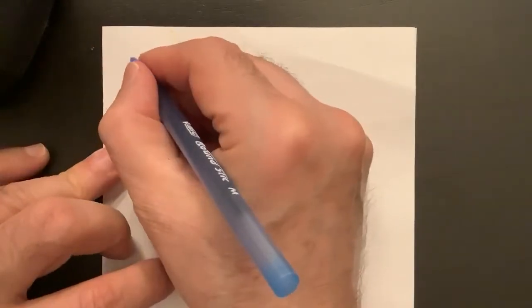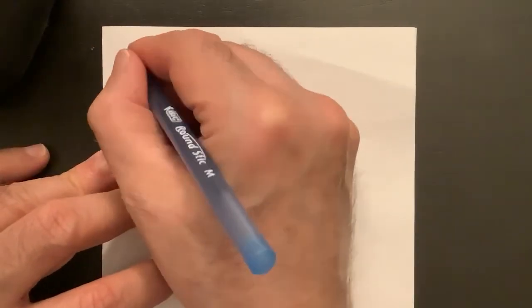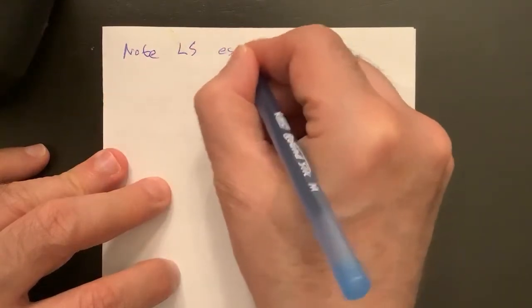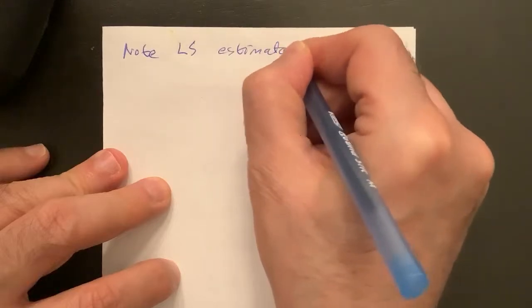Okay, hi. So how do we find gamma, the estimators, the least squares estimators or the maximum likelihood estimators? We'll do the same thing. So we'll just write what they are, so we can see it again. So note, the LS, least squares estimators, are